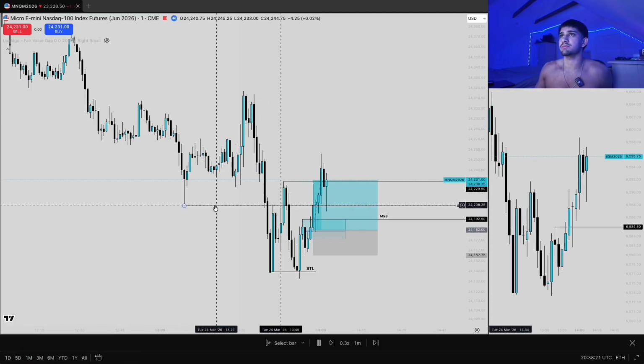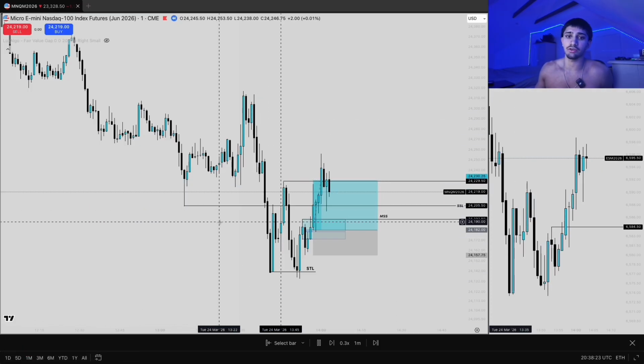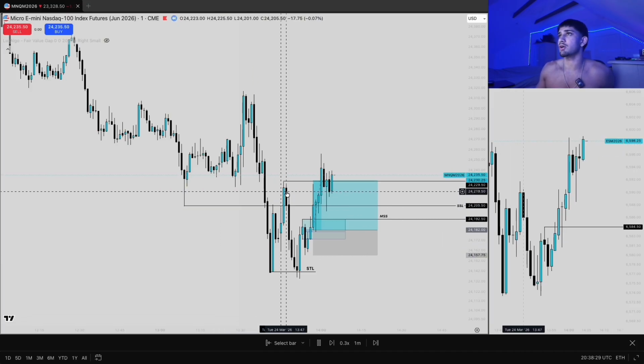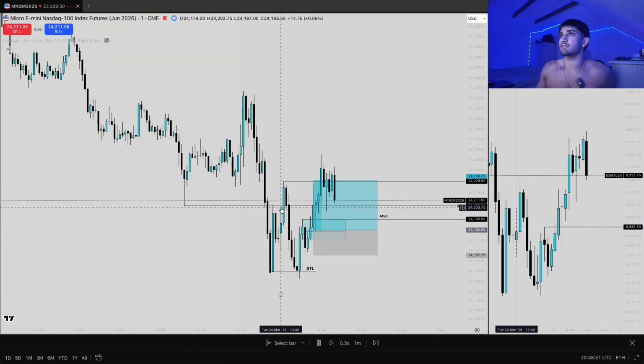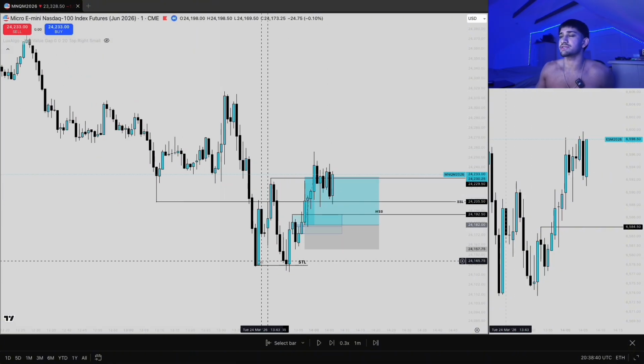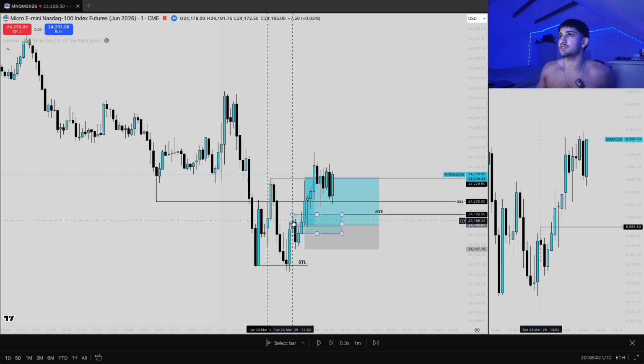manipulated lower, swept sell side, Asia lows, and the recent 15-minute swing low. What do we then see? Price shifts higher in market structure on both NQ and ES, but fails to shift without leaving behind a gap. So it then draws back lower to take out the recent short-term low, and then price puts in a new